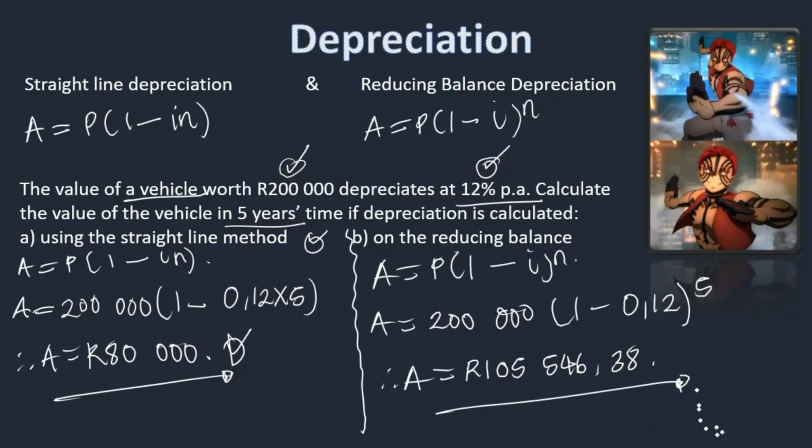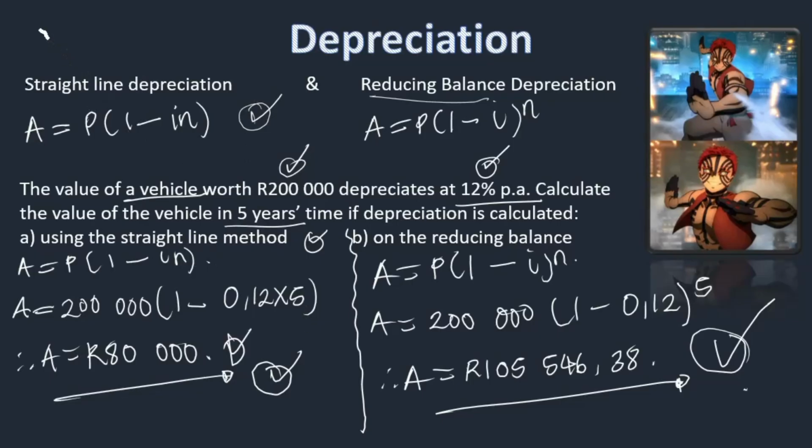This way. So this car in 5 years, if it was depreciating using straight line depreciation, this vehicle will be worth 80,000. If it was using the reducing balance, this vehicle will be worth 105,000 roughly, right? Now bear in mind, it might seem like losing through reducing balance is better than straight line, but that's not the case. Remember, just like the compound